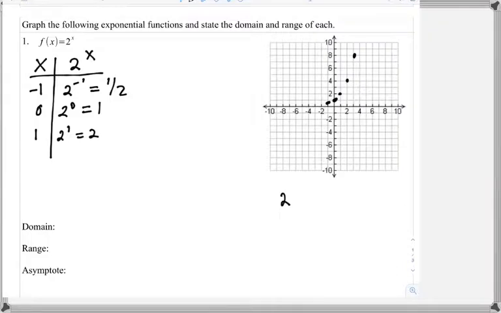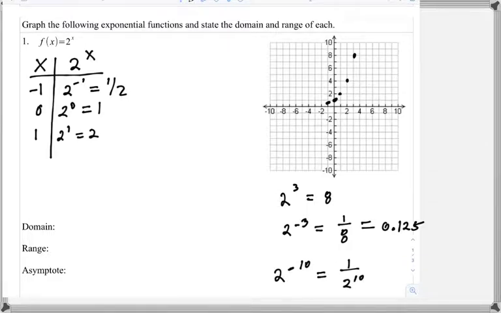So we know that 2 cubed is equal to 8. So 2 to the minus 3 is going to be 1 over 8. And I believe that is 0.125. So that's actually getting pretty small. If I do 2 to the minus 10, that's going to be 1 over 2 to the 10th power. And let me get my calculator here, and we can see what that is approximately. Okay, and that's going to be